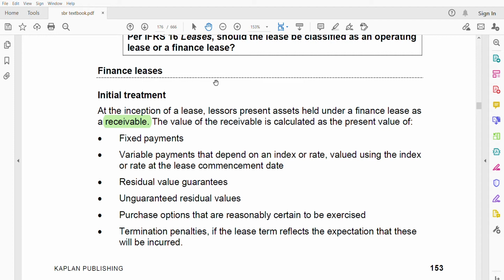Remember, I'm repeating this several times so that you don't forget and don't get confused between the two. For the lessee, we recorded a right of use asset and lease liability. For him it's a liability. From the lessor's point of view, he is the one who is giving that asset, so he is entitled to receive the consideration. So from his point of view we are recording a receivable. So the value of the receivable is calculated as the present value of